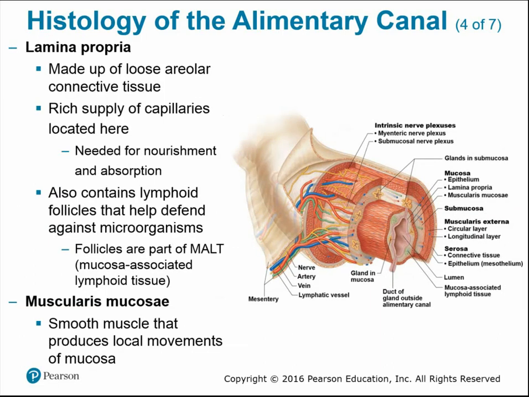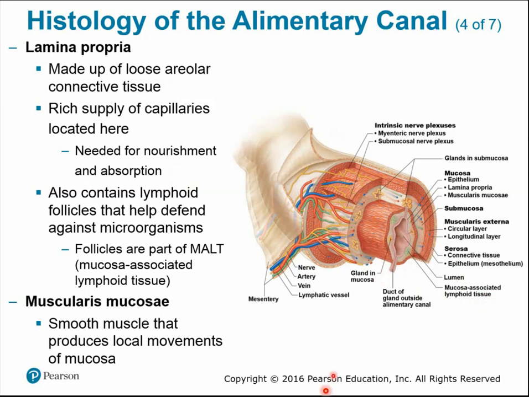The lamina propria was our second layer, so it's made up of more of a loose connective tissue, shown kind of here in the white. This is also where a lot of blood vessels will be found, capillaries needed for that nutrient absorption. And as you can see here, some of the green is going to be some of our MALT tissue, some lymphoid follicles to help protect against infections. And then looking at the muscularis mucosae, it's just a thin layer of smooth muscle that's going to help with some localized movements